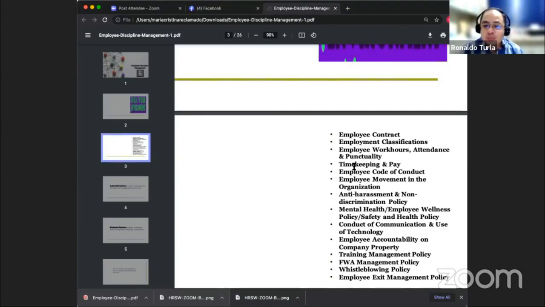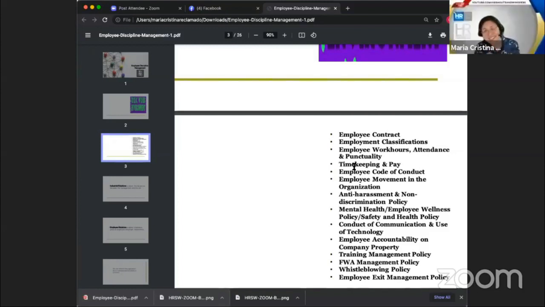So, kaya I had to also manage that situation kasi nagkaroon ng konting tension, no, with regards to the whistleblowing, kasi that was ongoing during that time in the company. So, again, yung whistleblowing is part, no, of the most common HR policies that you need to be able to write down, no? Medyo mahirap lang siya to implement kasi some people would really not participate or would be afraid to do some whistleblowing kasi sasabihin pa nila minsan as a joke na meron bang protection program or something na